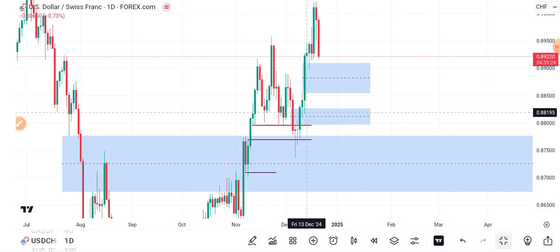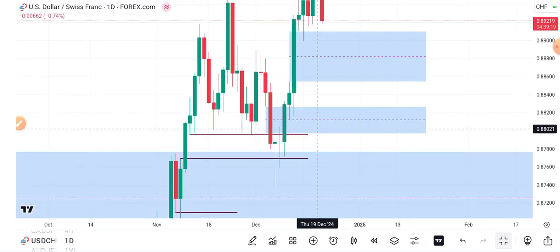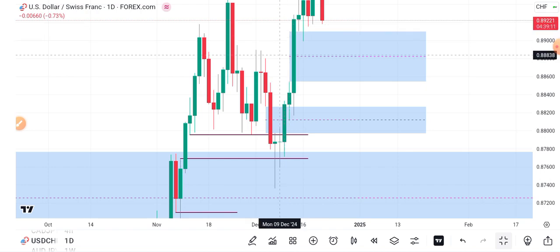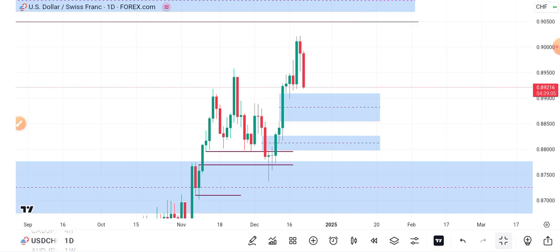Price in fact entered into the fair value gap. Price entered into the fair value gap like twice after the closure here. It entered once, it entered twice, and then blew higher. So very important concept, very simple. So from here, this is a daily time frame. I want to really draw attention. This is actually a break of market structure, and after an impulsive move like this that breaks market structure, you want to expect a retracement into the 62% retracement level, and this is a fair value gap.